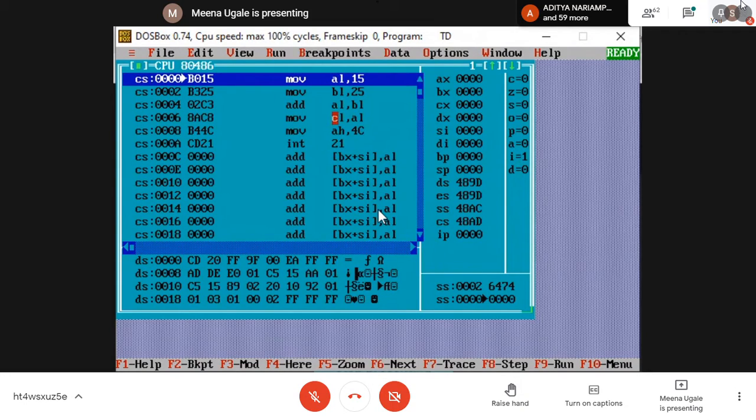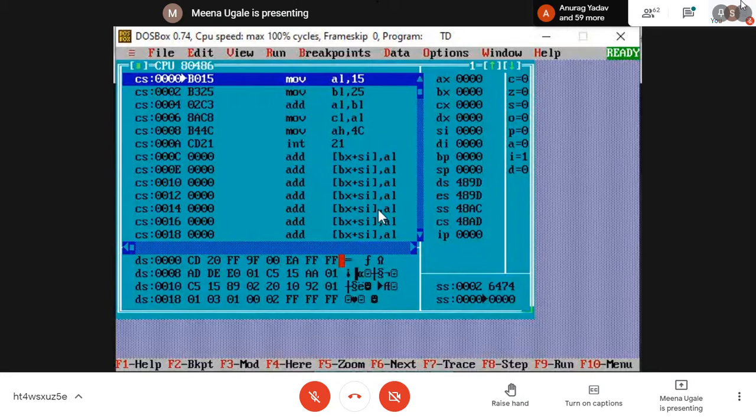Understood what these four columns or four blocks are? Now we are going to run this program one by one by pressing the F7 key. As I press F7 one time, I need to wait and observe the different registers.